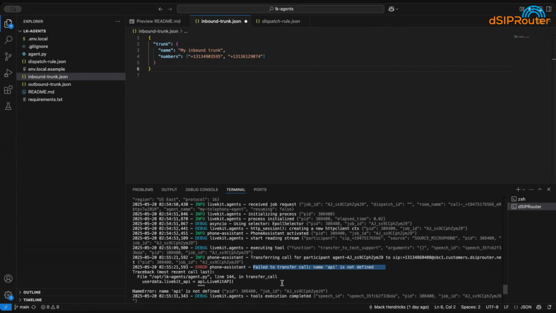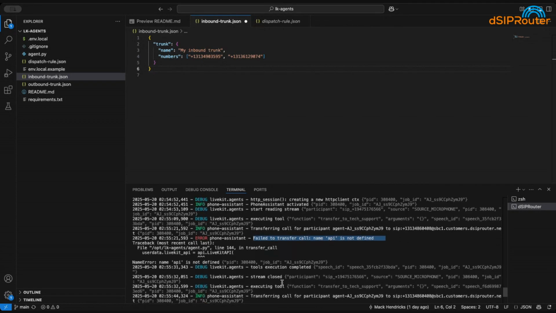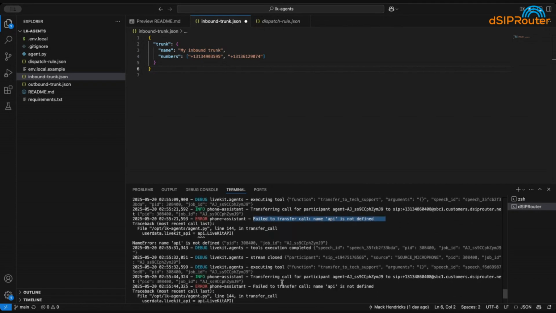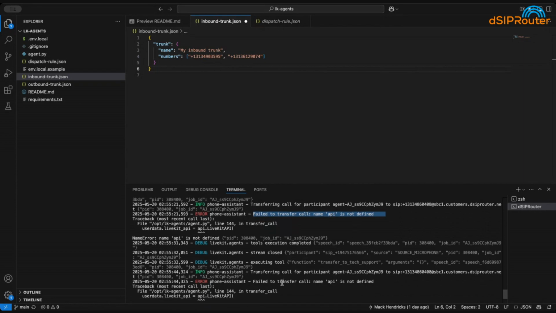So I'm going to put that back into my logic, and then that should be fine. But that doesn't really matter. What I'm trying to show here is that